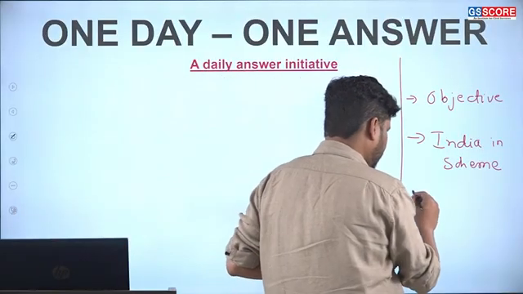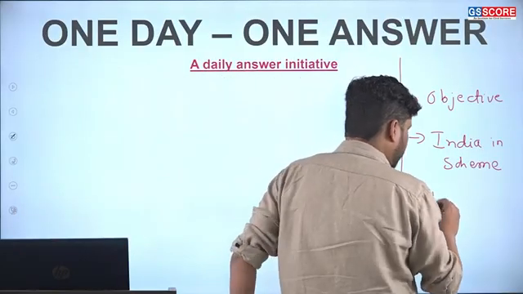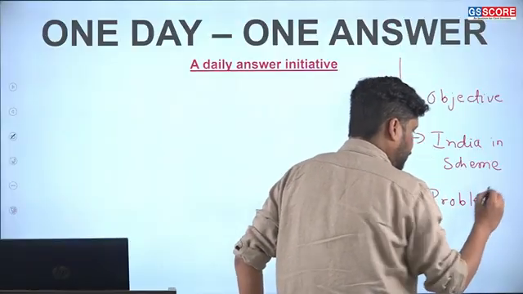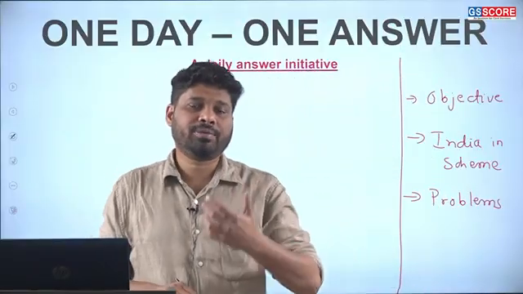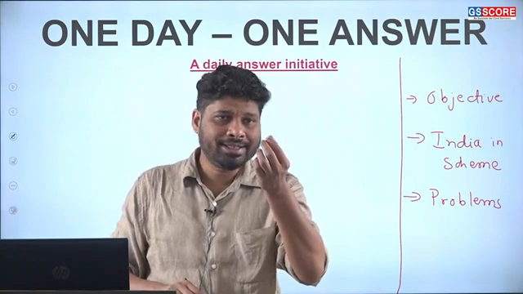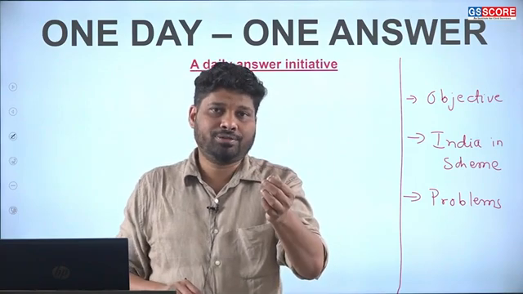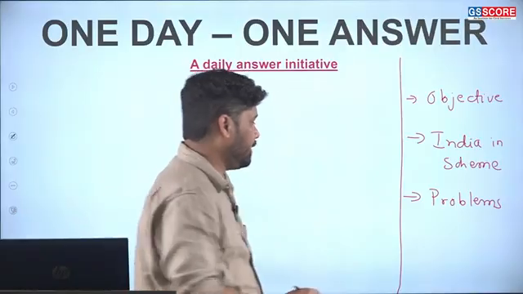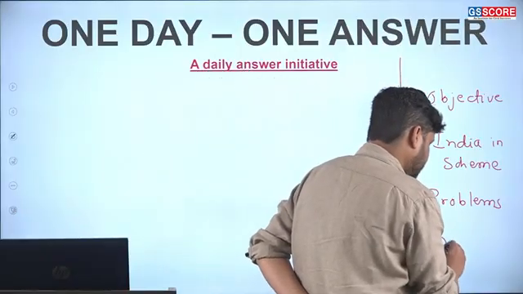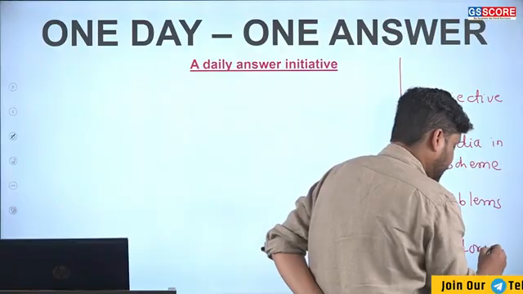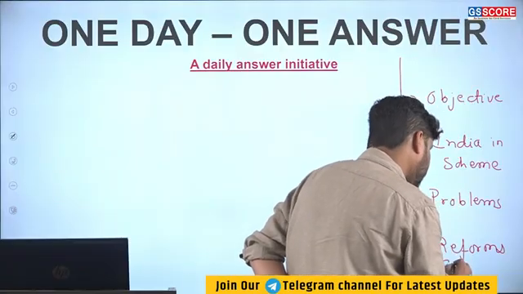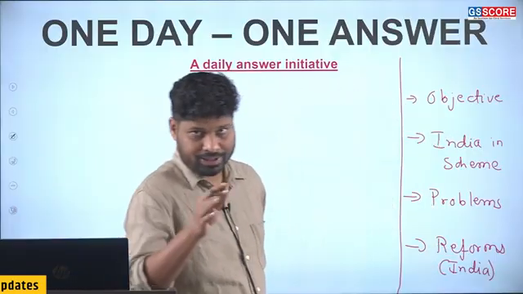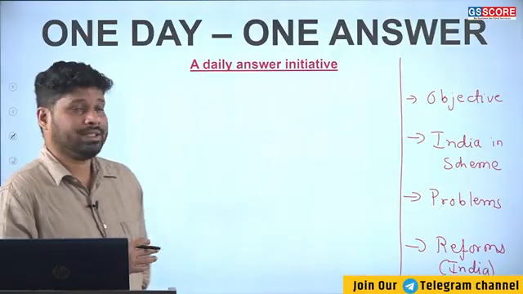Also, how will India settle in that particular set of countries? Third is with respect to problems that will arise out of that international organization. Are there any typical issues related to that international organization and the working of that organization? And finally, the reforms that are needed in the international organization. What you have to look into is how India can orient those reforms. That has to be taken into consideration.